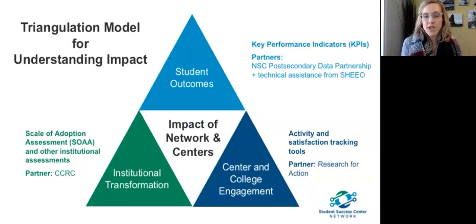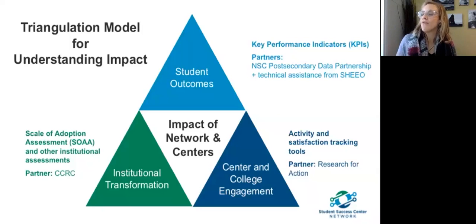I'm just laying it out here as a grounding for the next part of our conversation that we'll be having over the next 4 to 6 weeks. So this triangulation approach includes student outcomes, institutional transformation, and then center and college engagement. And that's probably the area we've talked least about, and we want to highlight here.